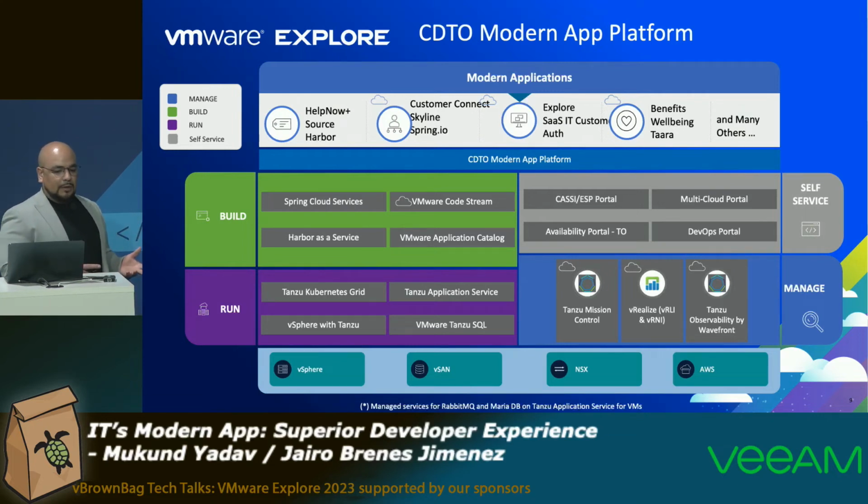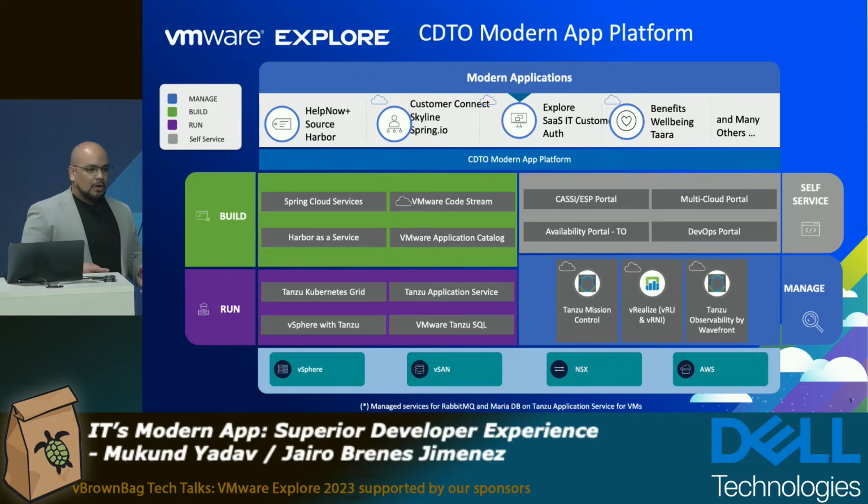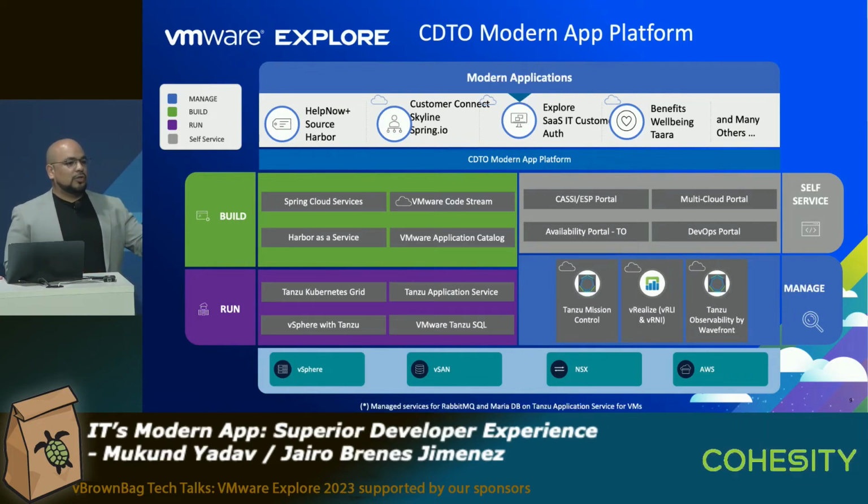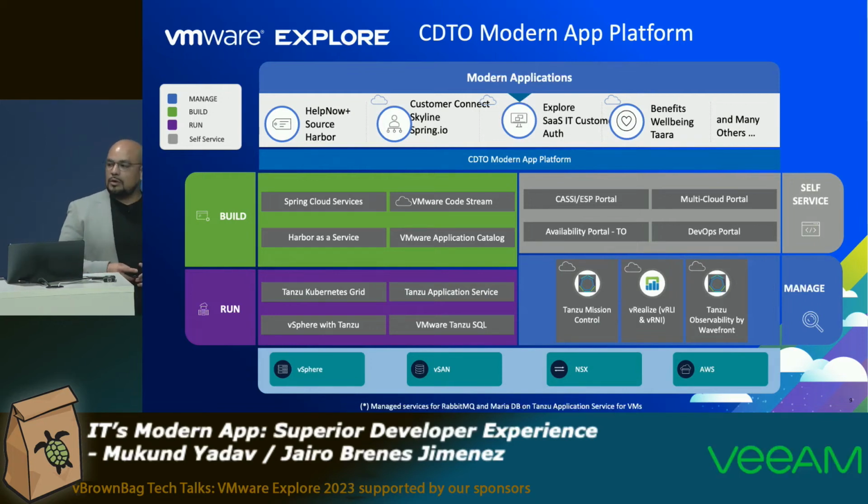In the managed part, we use things like Tanzu Mission Control, vRealize, or ARIA, which we are all familiar with right now, and observability by Wavefront. Tanzu Mission Control is actually a very good tool. You can manage your cluster, you can onboard your cluster to TMC regardless of where your cluster is. It could be on-premise, it could be on the cloud, it doesn't matter. You can just add the cluster to this tool and use it there.